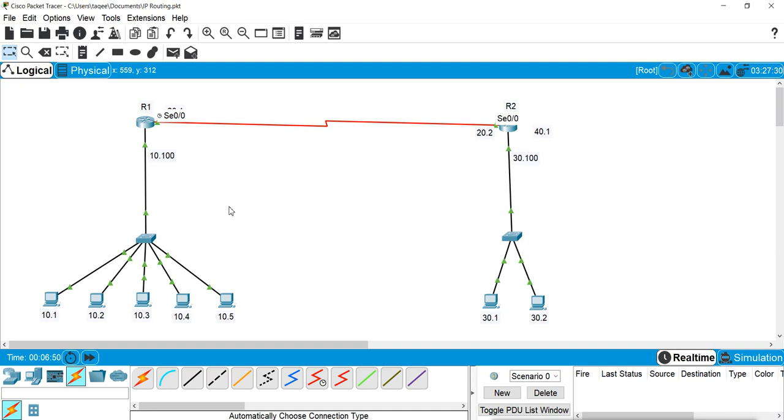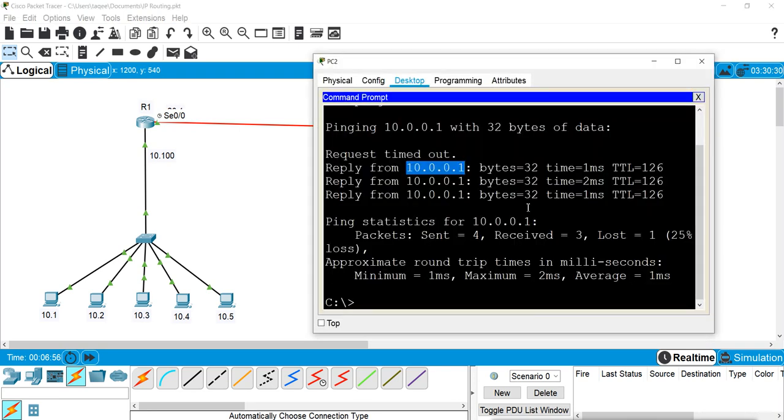So when we see the reply on this screen, we will ping the private IP 10.1, but the reply will be translated on router 1 and we will see the public IP which we mapped. So let's see how we'll do that.